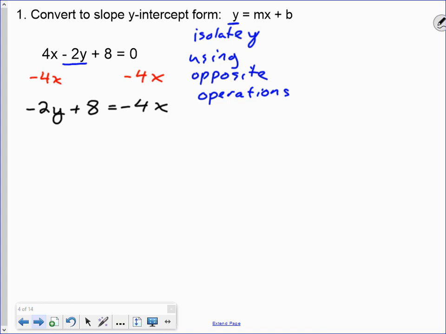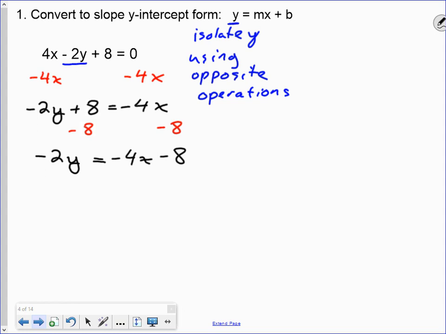Okay. Then I can do the same thing with that positive 8. Right? I can subtract 8 here. I can subtract 8 here. And I'll have negative 2y equals, and then on the right, I've got negative 4x minus 8. I can't combine those two terms together, right? Because they're not like terms. One of them has an x in it. One of them has an 8 in it. So I'm still going to have both of those terms. I'll have the negative 4x